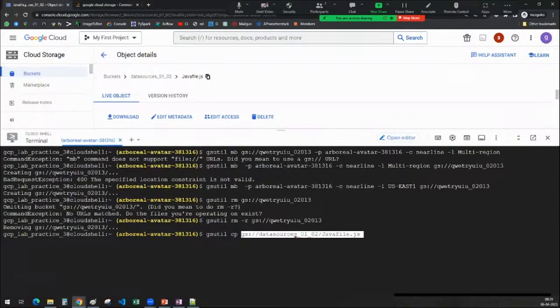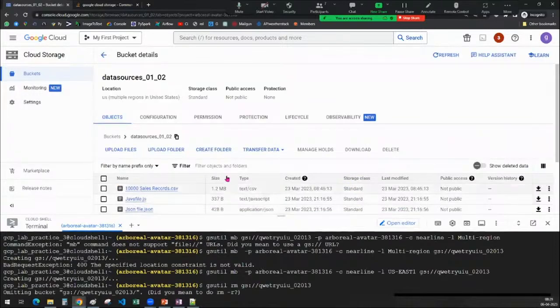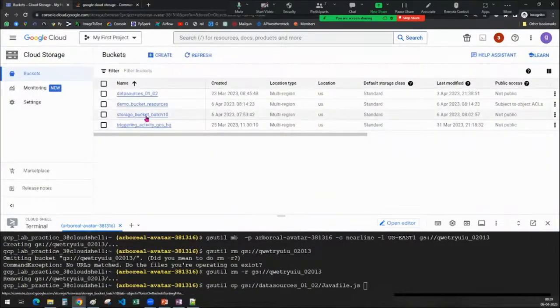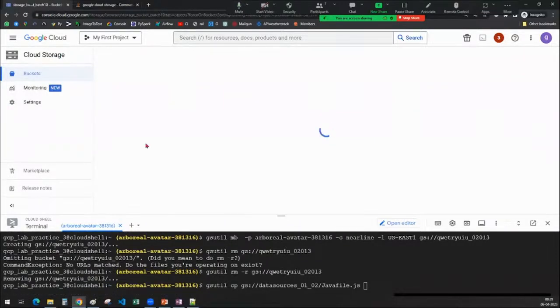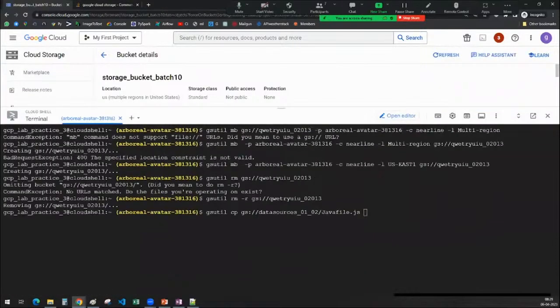Okay. To where do you want to copy, sir? I wanted to copy to this bucket, right? Batch 10. This is the bucket I wanted to copy to. The file has to come here. Okay, you copy this thing. Now you see here,